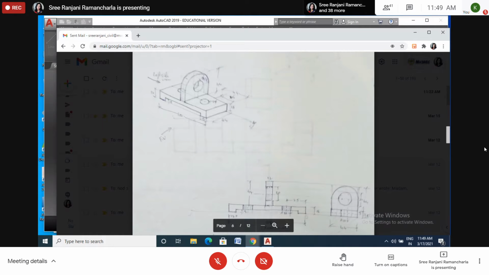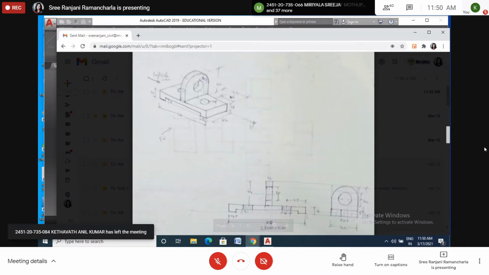Okay. So like this it is complete. Now where is this hole from the edge? From this edge, it's 25. So from 25, you plot the center, and the diameter of this hole is 10. So like that you have to draw. So these are the shaded lines. It means it's a hollow. Shaded line means it's a hollow. So some curves inside, curved surface.